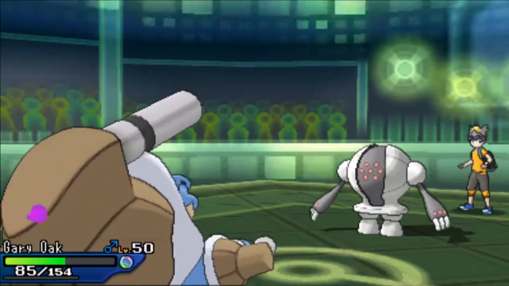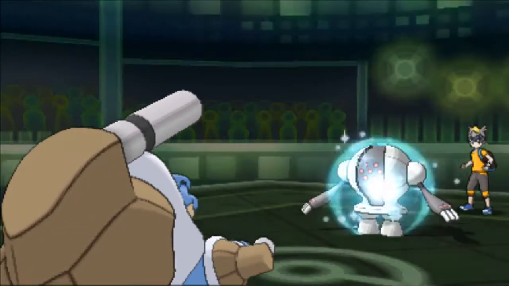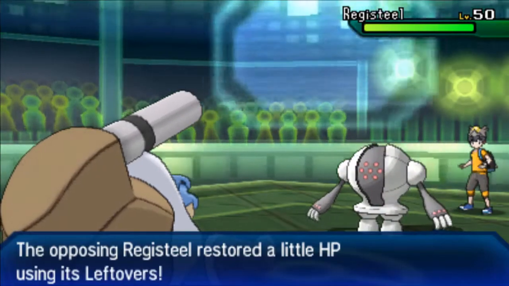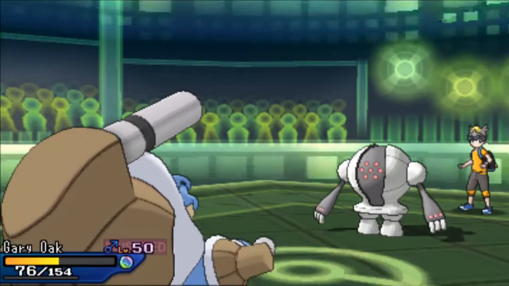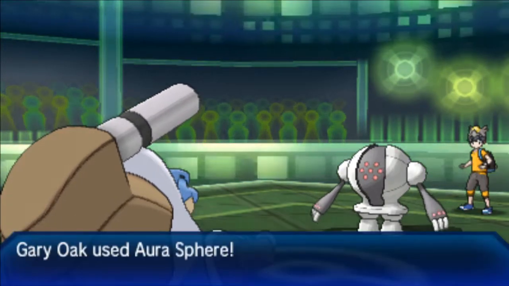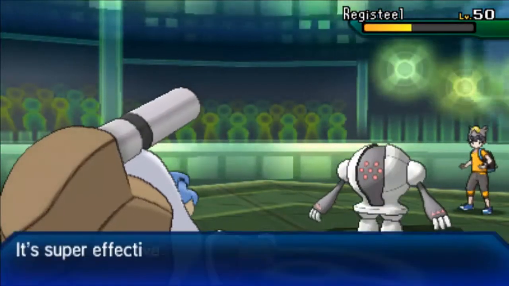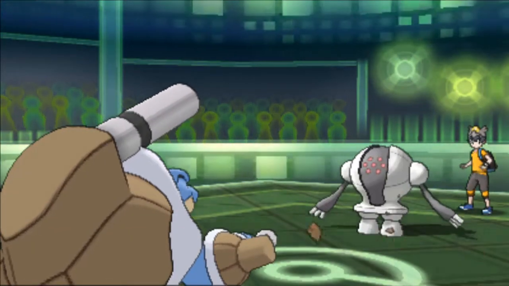Which is actually pretty bad because he is slower than me and he can easily just spam Stealth Rocks if he so pleases. But not a big deal because I'm just gonna go for the Aura Sphere, just to gauge how much damage it'll do, and it's gonna be a 2-hit KO, so that's pretty good. But he's gonna go for the Stealth Rocks, of course,